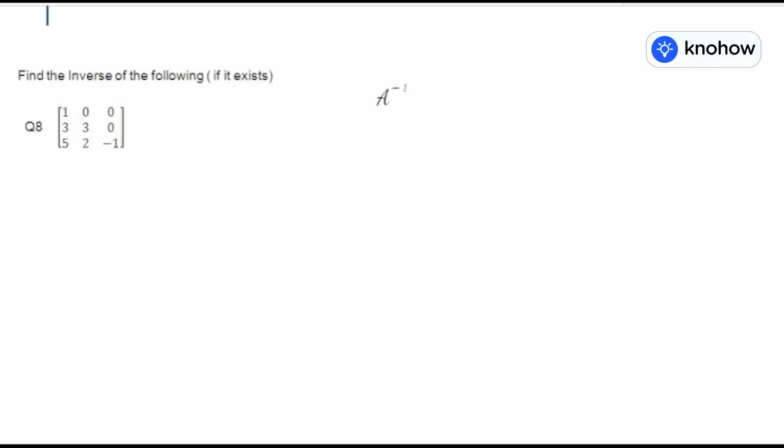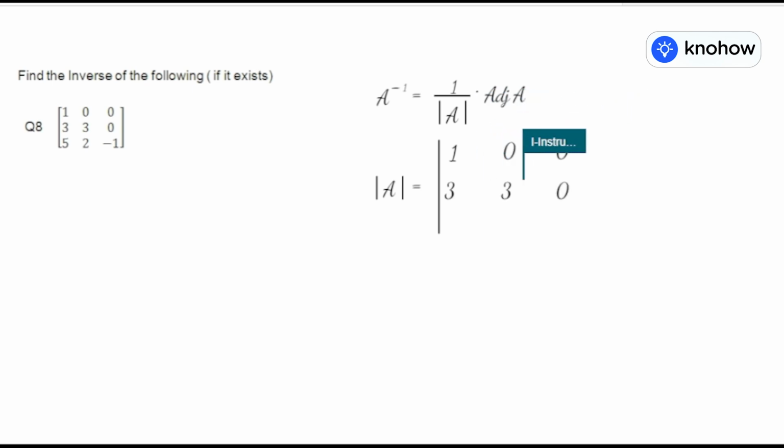Find the inverse of the following matrix of order 3 by 3. You know the definition of A inverse. It is 1 by determinant A into adjoint A. So let us first find the value of determinant A, that is determinant 1, 0, 0, 3, 3, 0, 5,